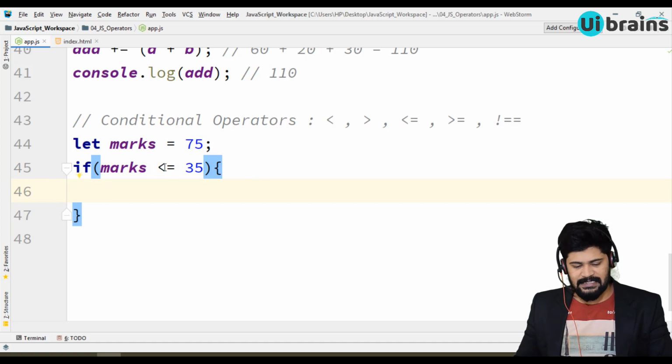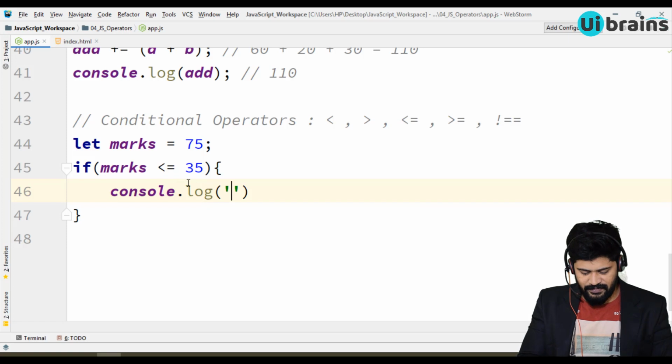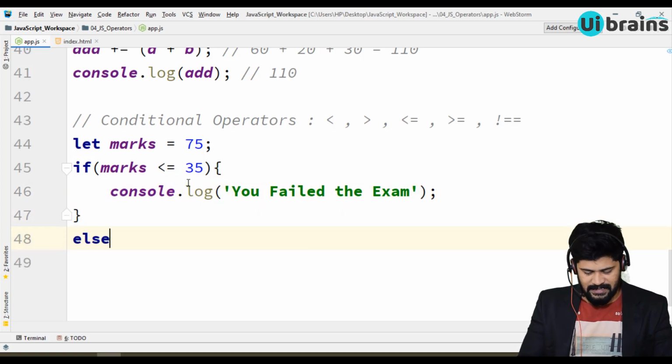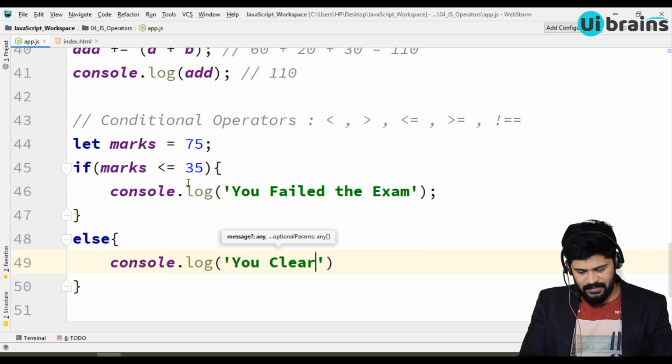If marks are less than or equal to 35, I will write console.log of you failed the exam. Okay. Next, else console.log of you cleared the exam.